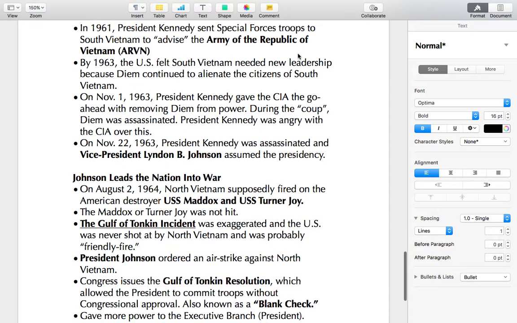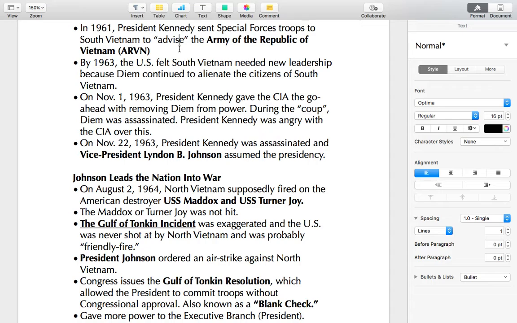A new president comes in. We know Kennedy comes in after Eisenhower. Kennedy believed that the United States should train South Vietnam. They were not prepared to fight any battle on their own, so the United States needed to help them prepare. So Kennedy in 1961 will begin to send troops to South Vietnam, and the goal of these troops was to strictly advise. They are there to train, they are there to help, they are not to get involved in the